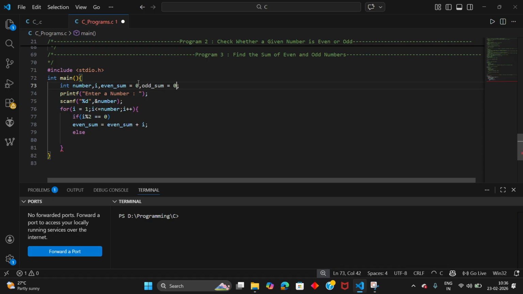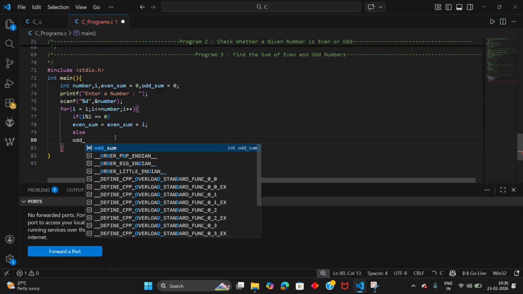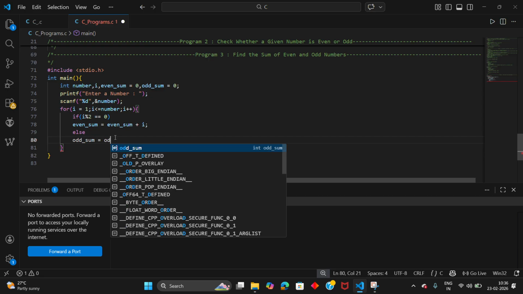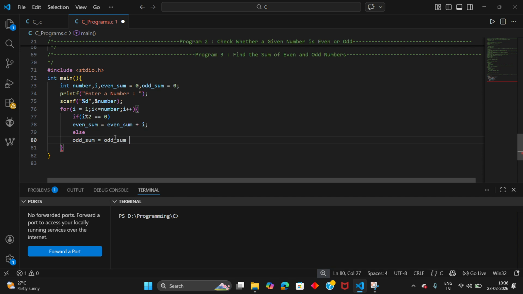The initial value of the odd sum will be 0. So then what happens if i is an odd number? The odd sum will be incremented by that number, right? Odd sum plus i. Okay, this is how the code works.